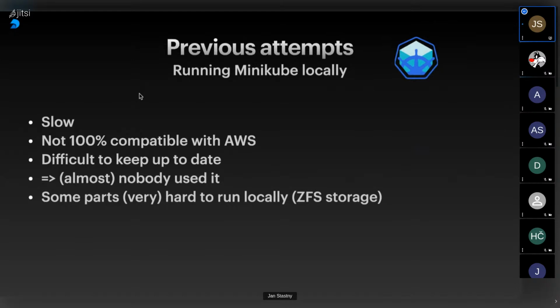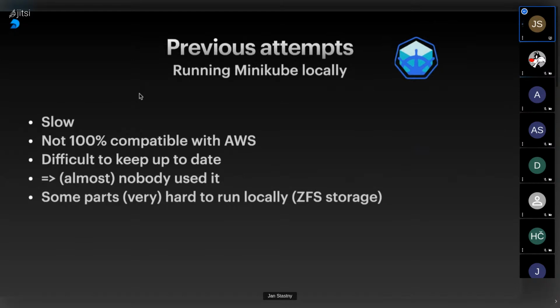This was never 100% compatible with our production or staging environment. So even though you wanted to test your changes on the infrastructure as it is in production, you could never really do this. The ingress is very different, and there were differences.